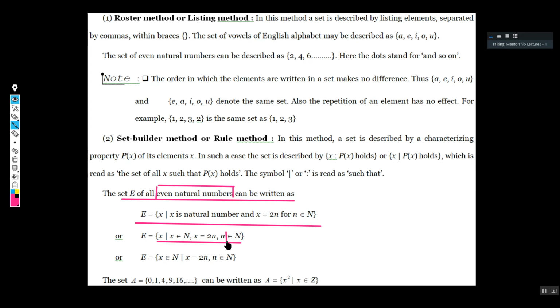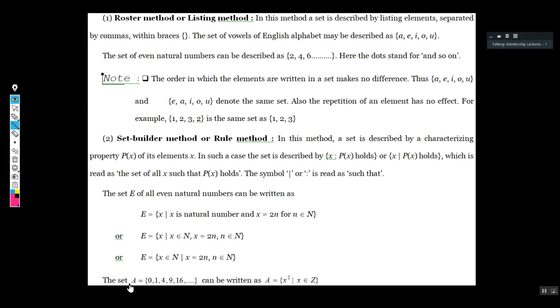We will see symbols also. I have collected a table for you to understand the symbols. Symbols are very important. Throughout mathematics, you will be getting these symbols. This is read as belongs to. This is read as belongs to. So this is the notation. Similarly, if you take the last one,